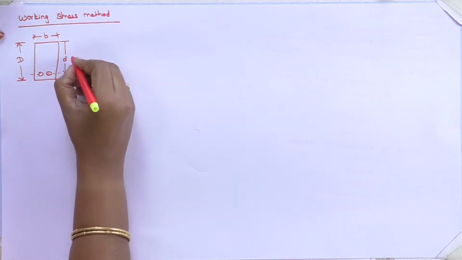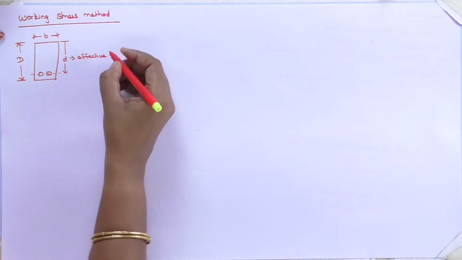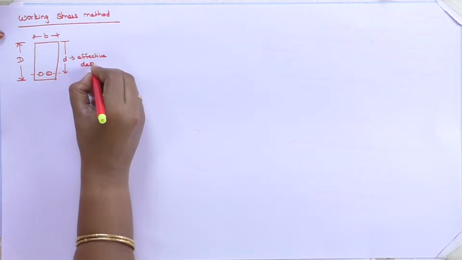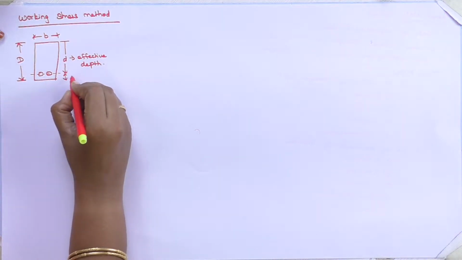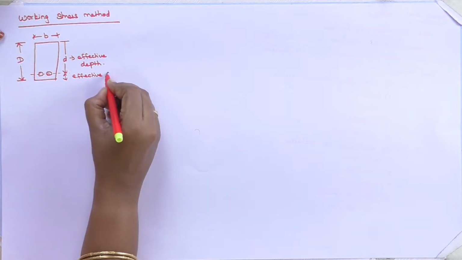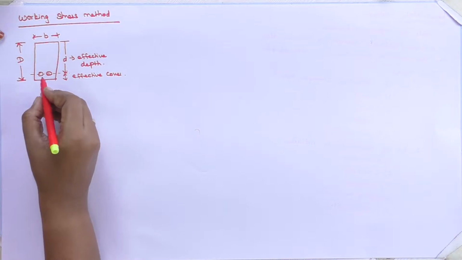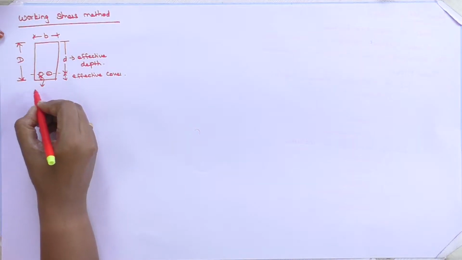This small d denotes your effective depth. From the small d till the bottom fiber, this is called as effective cover. From the bottom of your reinforcement to the bottom of your section, this is called as